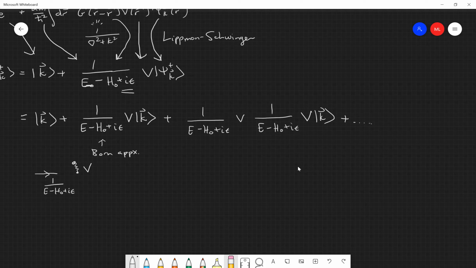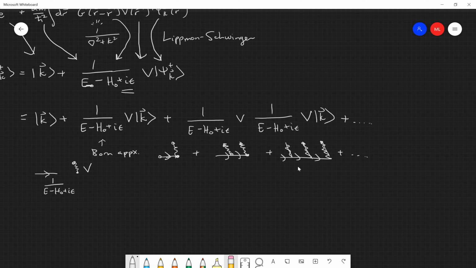Yeah, so for instance, this guy, you can sort of draw it as a propagator, and then the potential, this guy right here. You'll get 2 propagators and 2 factors of the potential, and it always sort of terminates on the potential. Then for the next term, you would get 3 propagators and 3 potentials,